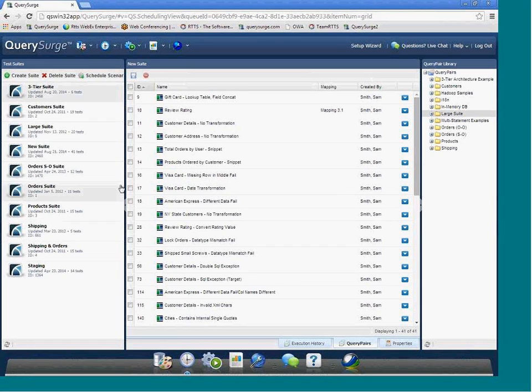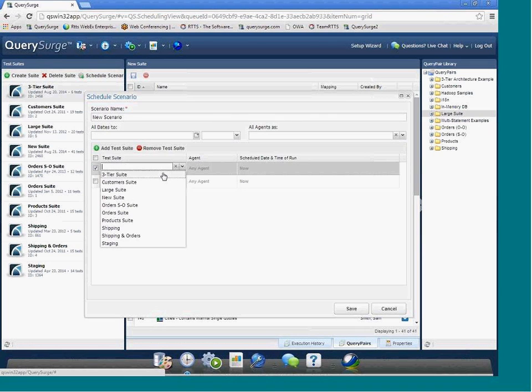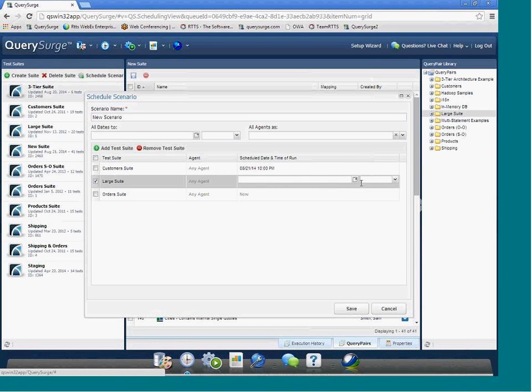What do you do with a suite once you've got it? Well, there are a couple of things that you can do. One thing is that you can create a scenario. A scenario is a collection of suites, much the same way that a suite is a collection of query pairs. And you can just add in some test suites. And once you've got the mix of test suites that you want, you can schedule each of them for an execution time. So let's say I've got something going on around midnight on this environment,